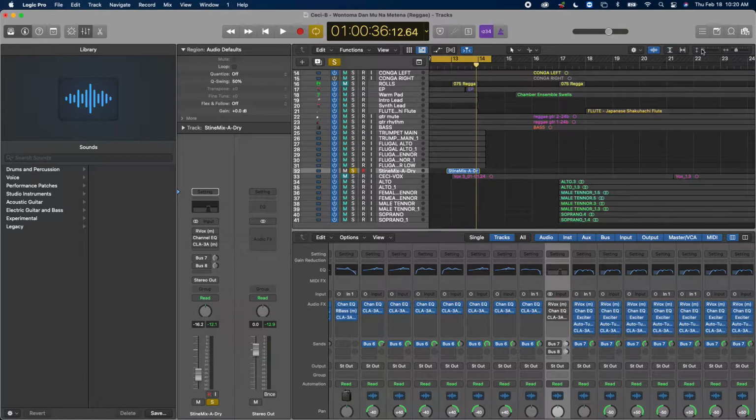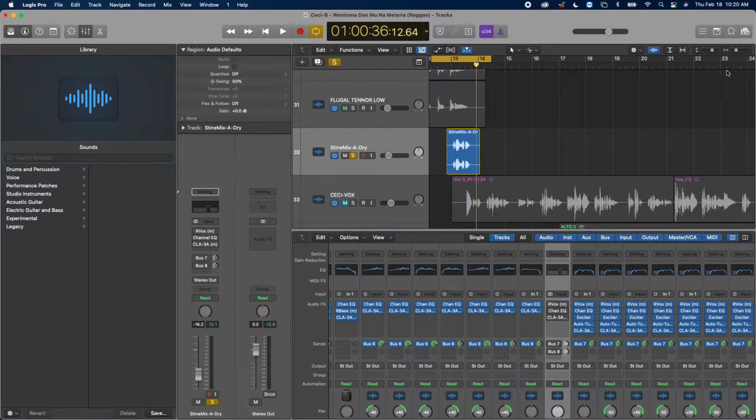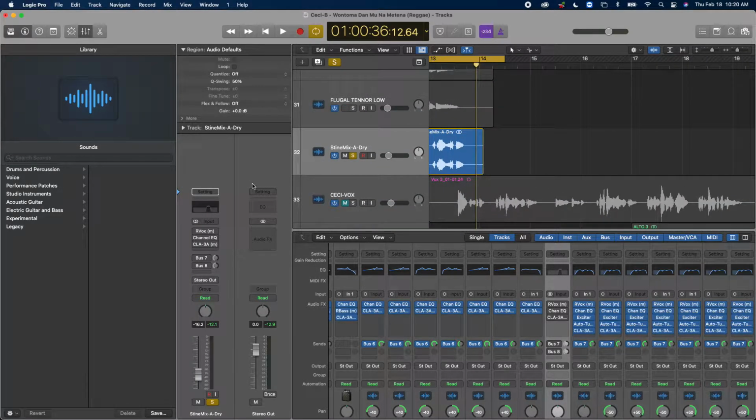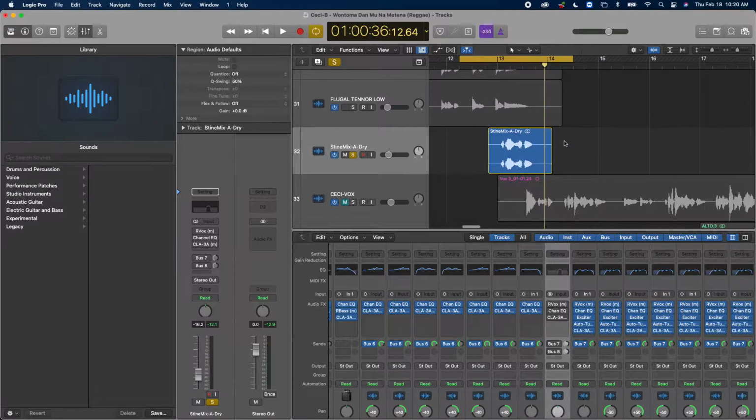All right, so before we talk about this, I want you to know that some of you guys may already know Logic has presets that you can use. Okay, I'm not going to click on that right now. I'm just going to go straight to the point and talk to you.